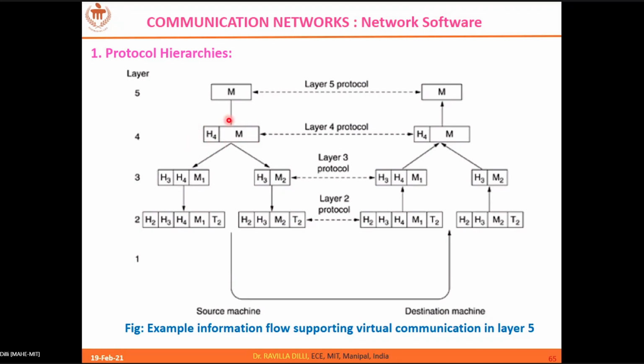So then the entire thing, the header as well as the message, will be treated as raw data for the next lower layer. So what it is going to do, it is going to do some process at layer 3, and it adds those details. What are the kind of process that they have done? So for example, I have used modulation and multiplexing. Okay, so what sort of modulation you have used? What is the kind of multiplexing you have used? So those details you have to mention.